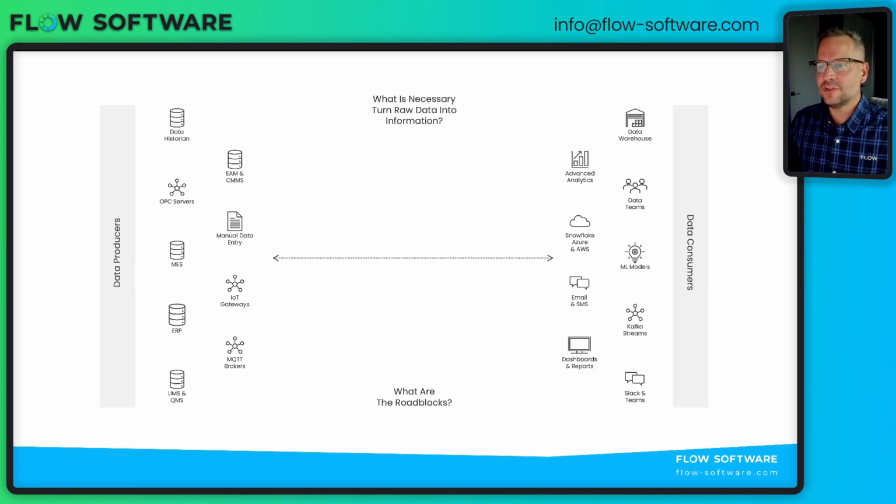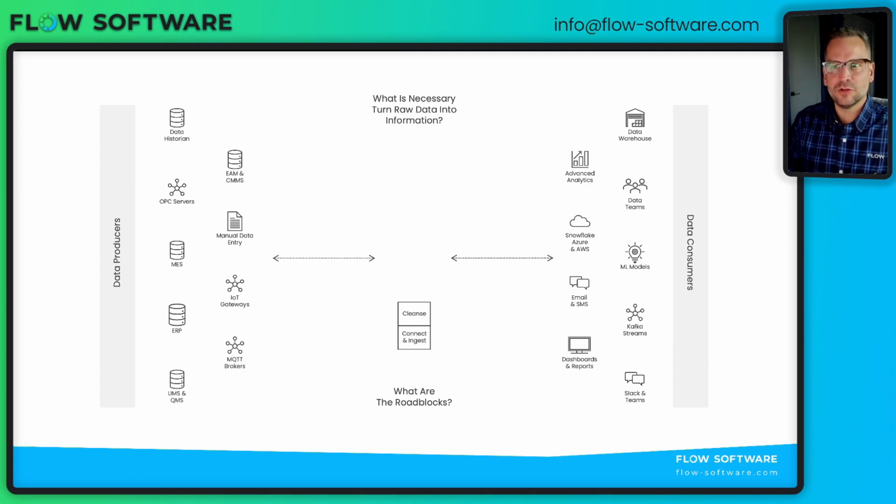Let's take a look at the first step. We have to be able to connect to the data sources, the producers, typically databases and systems located at our site or at our plant, sometimes enterprise systems, but we need to be able to connect and ingest the raw data from those systems. Once we do that, then we have to cleanse that data. It's difficult to bring data from multiple systems and then compare it to one another and cleanse it based on one another, because that data is living in systems that have different formats.